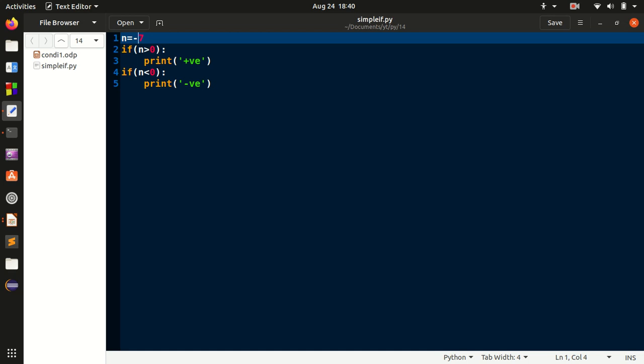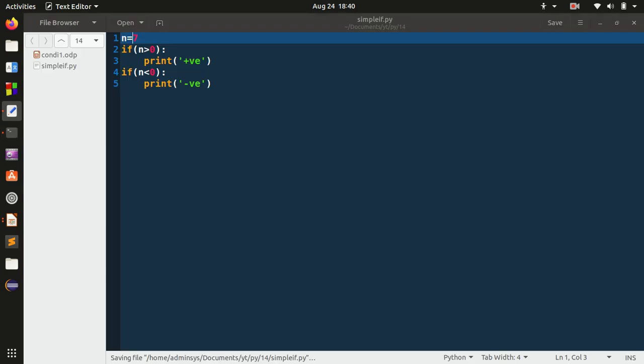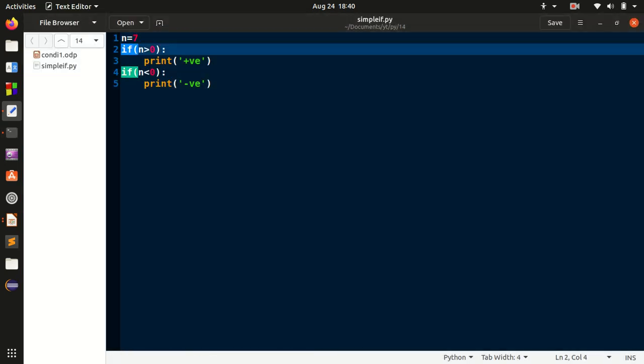But there is one disadvantage with this approach, that is we are using if after if, right? So the control will flow one after another. First it will check the condition if n greater than 0, then it will print positive.